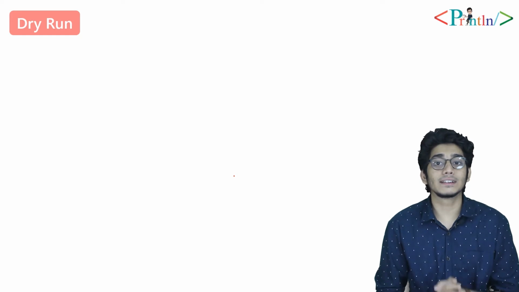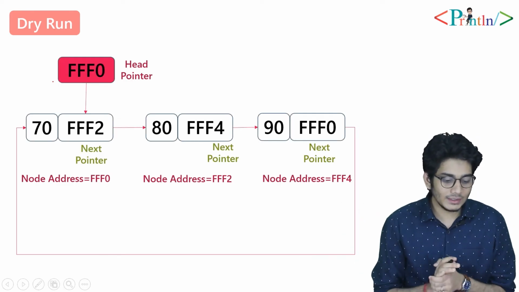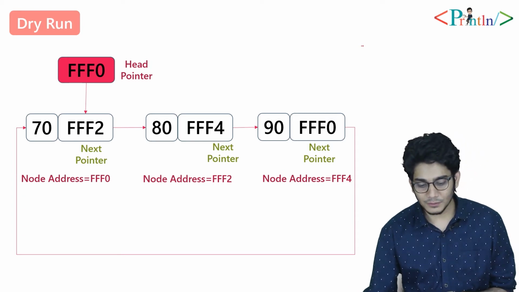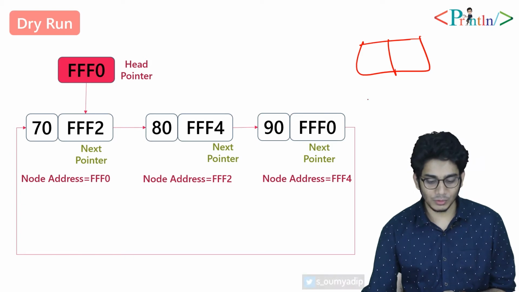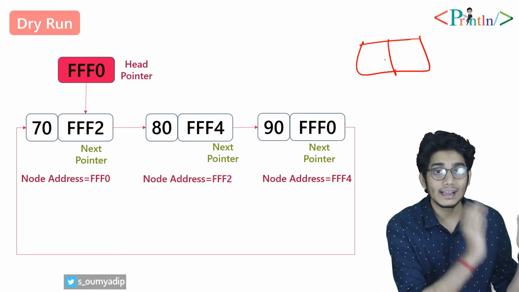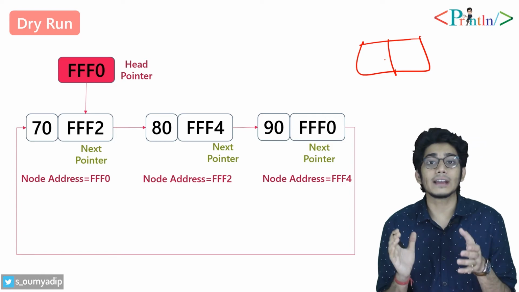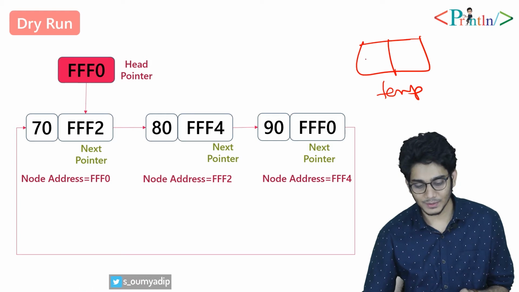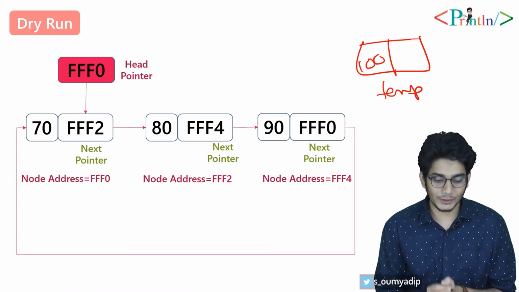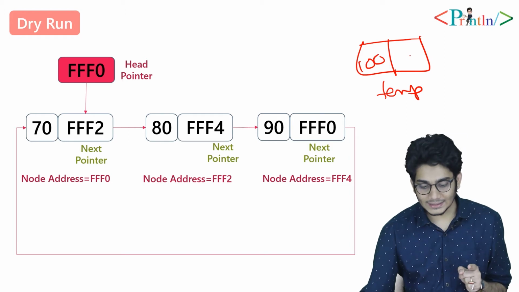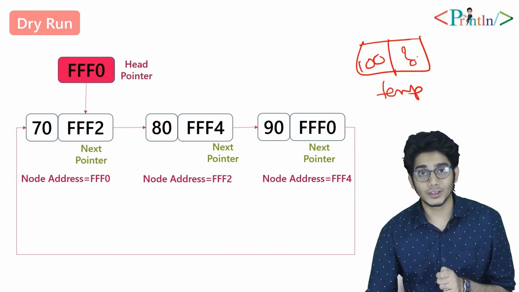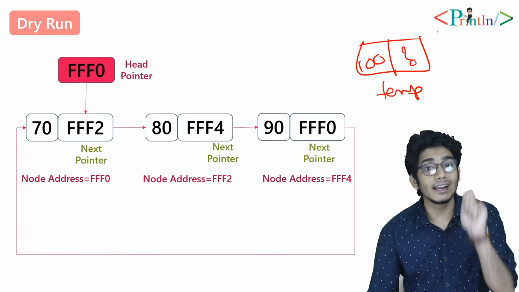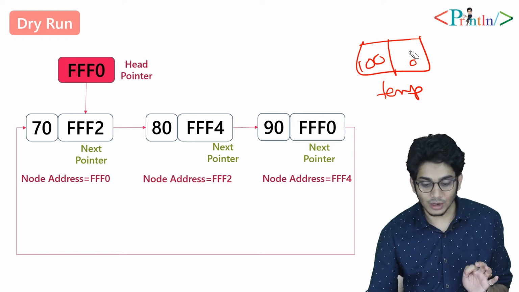So now we'll start with the dry run. As you can see on my screen, one circular linked list is drawn over there. Now we basically have to add a node at the end of a singly circular linked list. For that, at first we have to allocate memory. So let's say we have allocated a memory, that is temp 100. Now the first step is, at this position, what do we have to put? Initially it's null. For a singly linked list it will be null, but for a singly circular it will be the head.